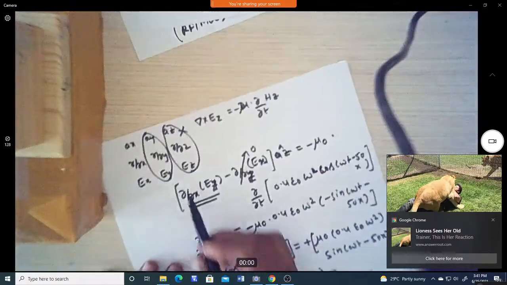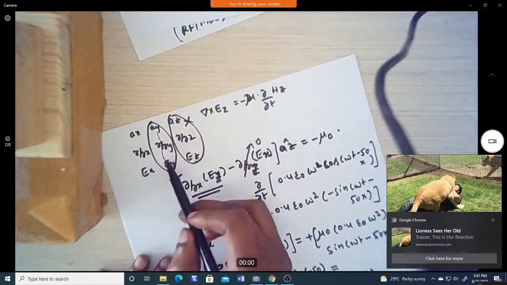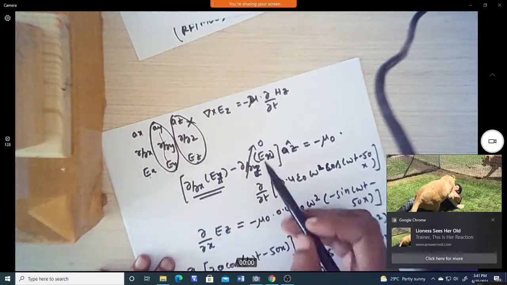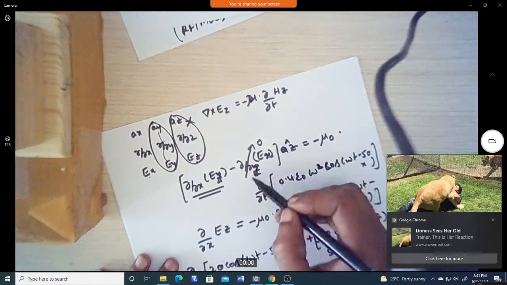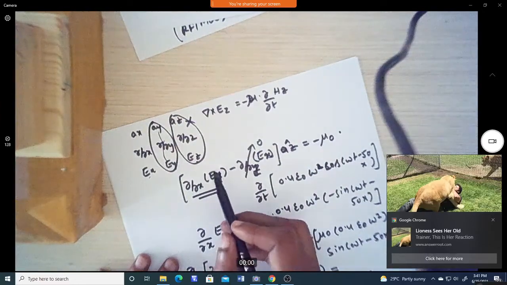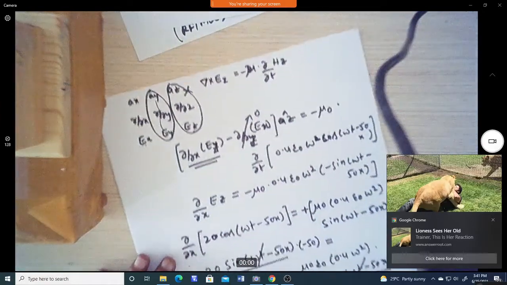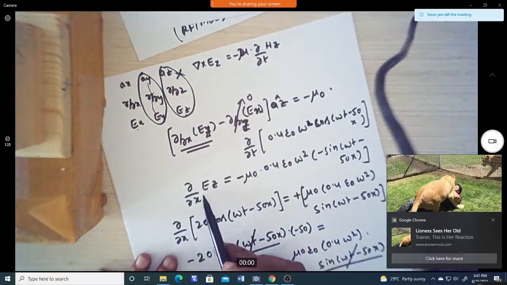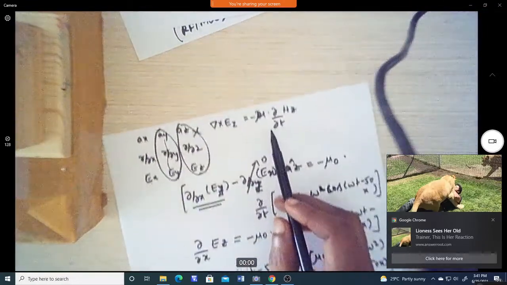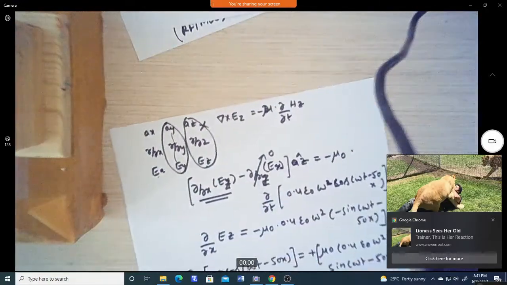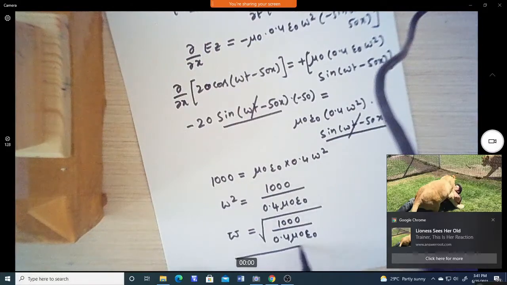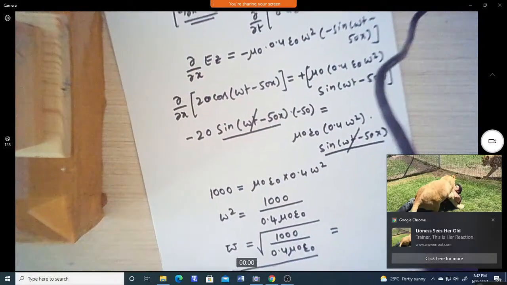So here we have to take the ay component, so we'll get del by del x of Ez and del by del z of Ex. With respect to z there is no variation, only with respect to x variation is there, so we'll get the Ez component. If you substitute here, we get del by del x of Ez, which is equal to minus mu into del by del t of Hz. If I equate, then we will get the equation for omega. So find out the value of omega.